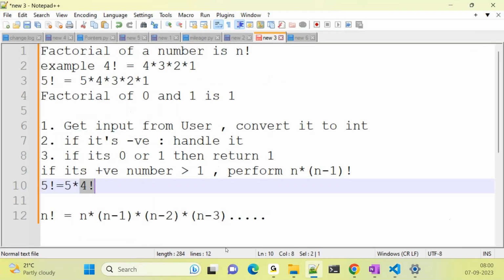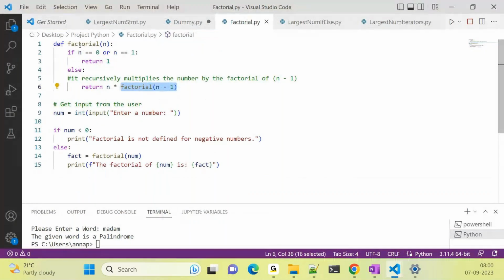Here we saw 4 factorial, but we have written a function like factorial of n, right? So I am giving factorial of, but I want to pass 4. So instead of 5, I am giving n minus 1. Correct? And what are we doing here? We are calling the function called factorial. So inside the function only, we are calling the function again, right? So here we are calling the function. What happens logically is,